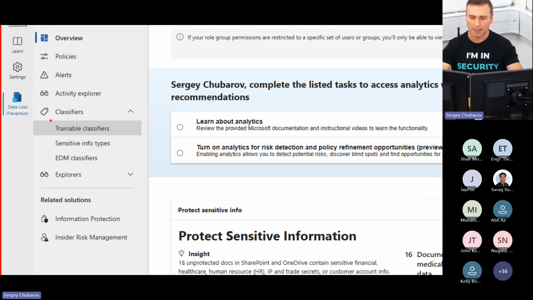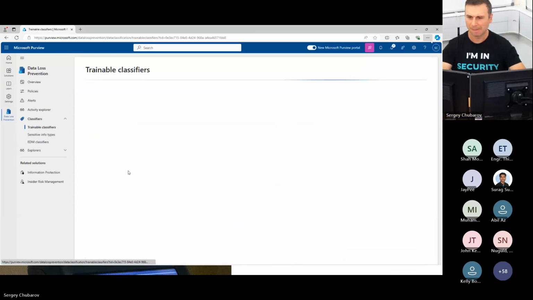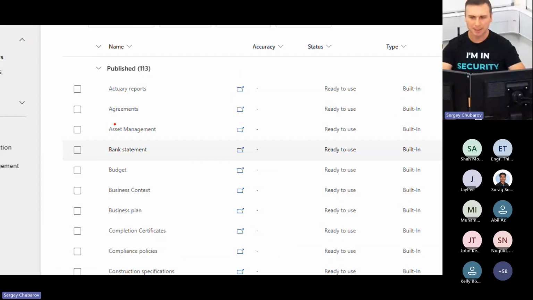So if I can find here trainable classifiers. If you remember, we talked about machine learning on the slide, so trainable classifiers are based on previously learned data. And quite often trainable classifiers classify data more generically. So if you look at the trainable classifiers, you may see here the classification of data, maybe like agreements, bank statement, budget, business plan,